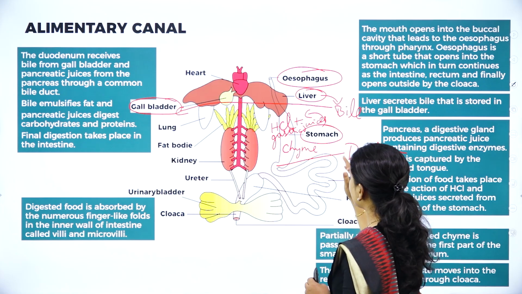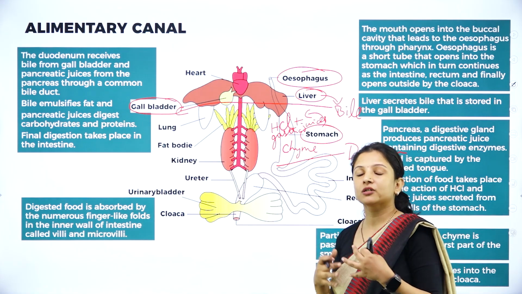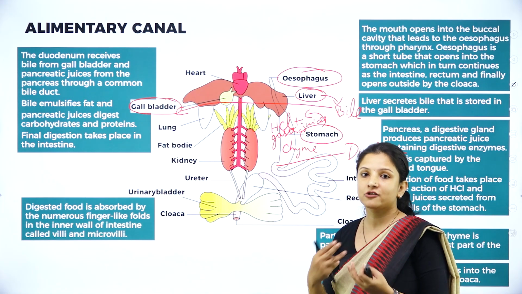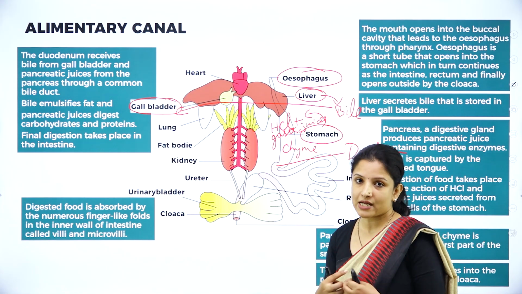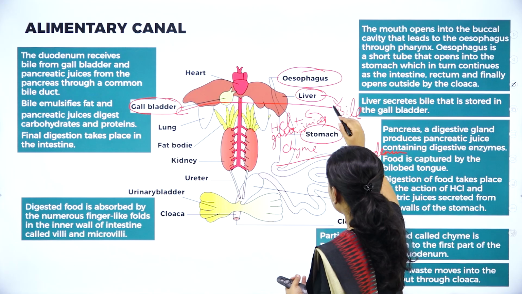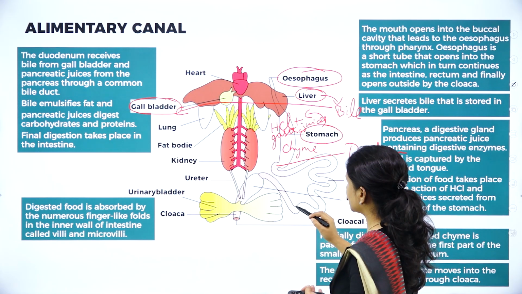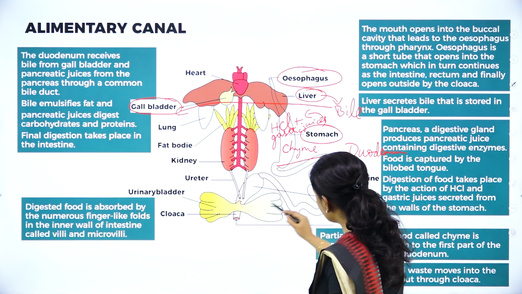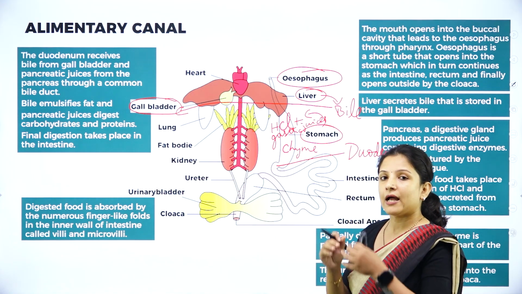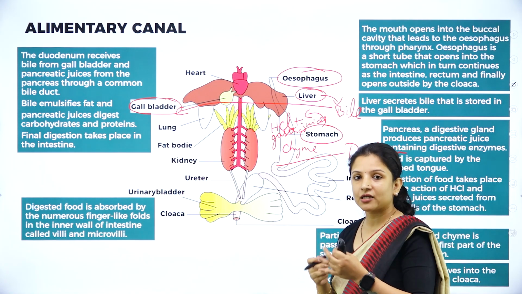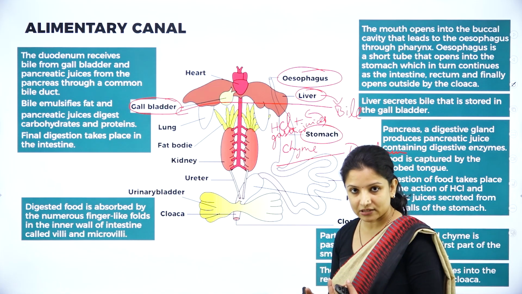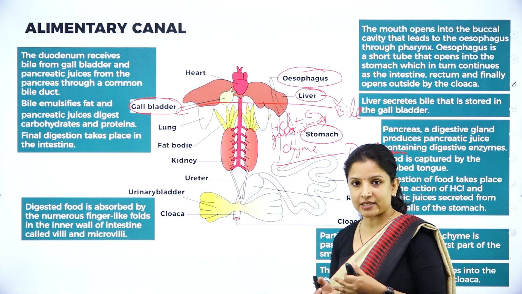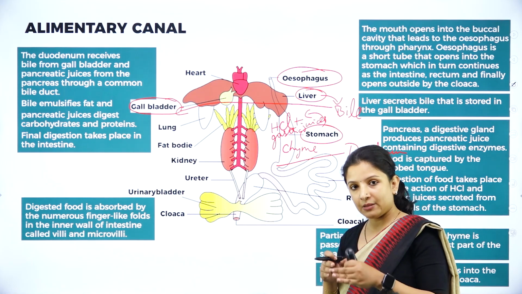Now this pancreas. What is the function of the pancreas? The pancreas secretes pancreatic juices which contain various digestive enzymes. Those enzymes will move into the small intestine. Meanwhile, from the gallbladder, the bile also moves into the small intestine, and there the bile and the pancreatic juices containing various digestive enzymes will start working on the chyme, that is the partially digested food,